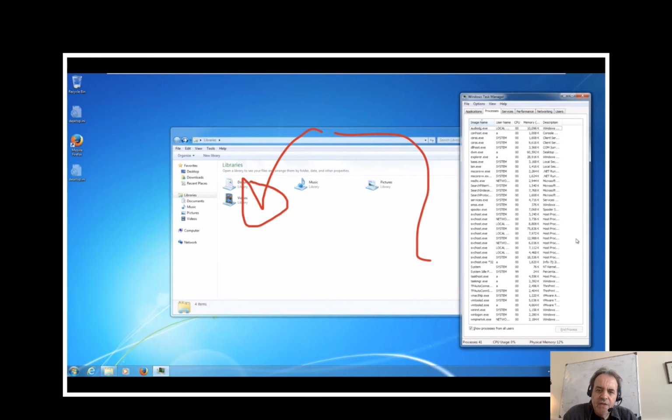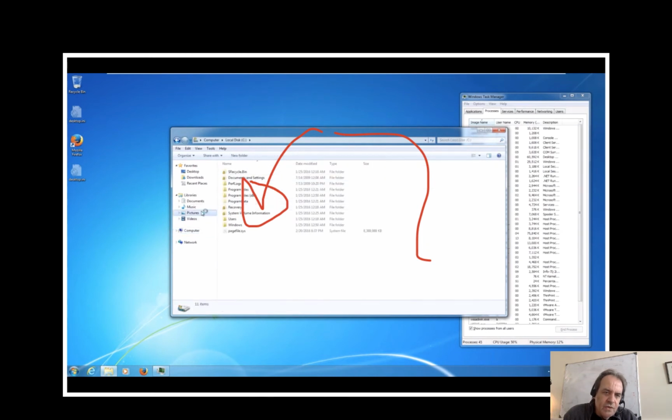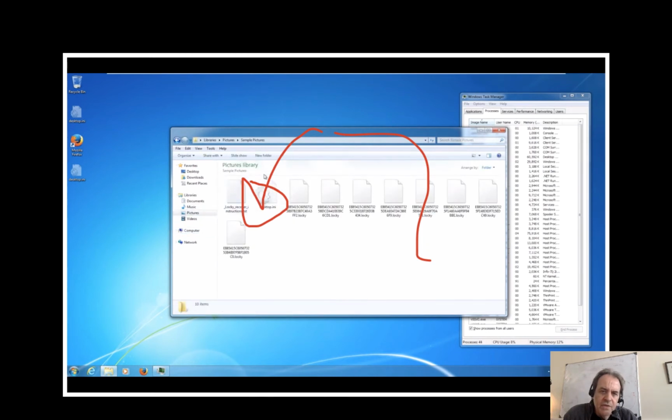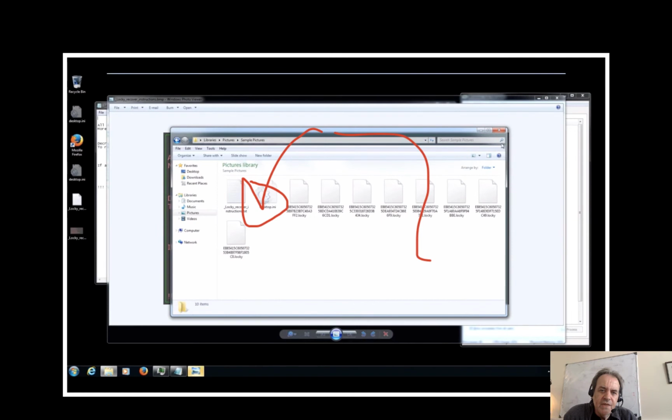But what's actually happening is in the background it's searching for files, and then it will be encrypting them as we're actually watching it here. So if we go into the pictures folder, we can see they're now .locky, which means that the files have been encrypted.